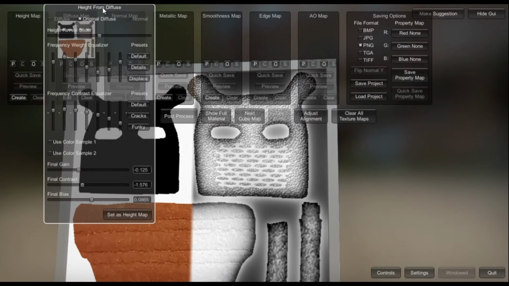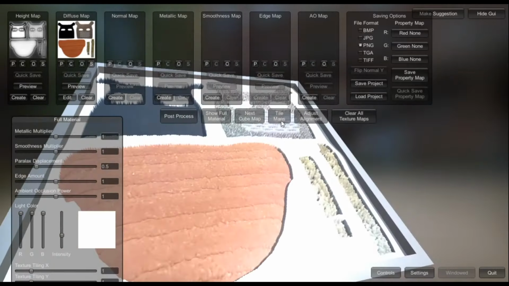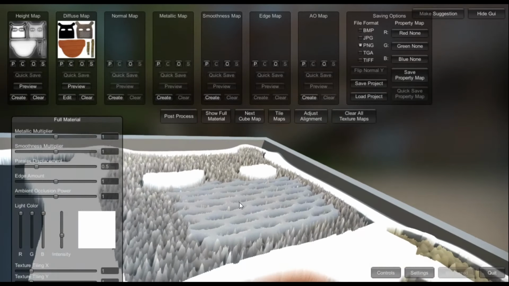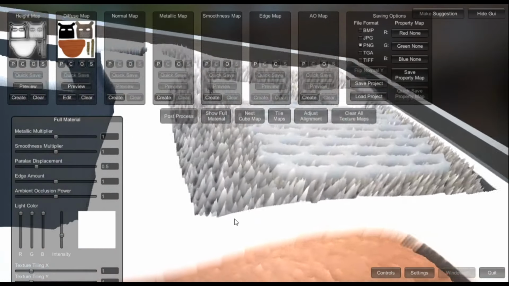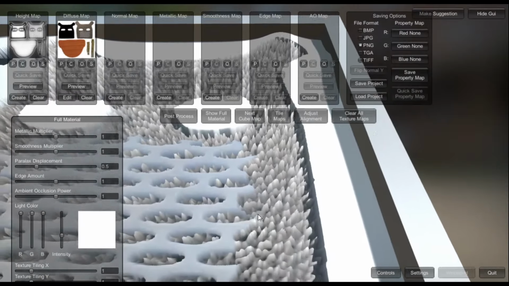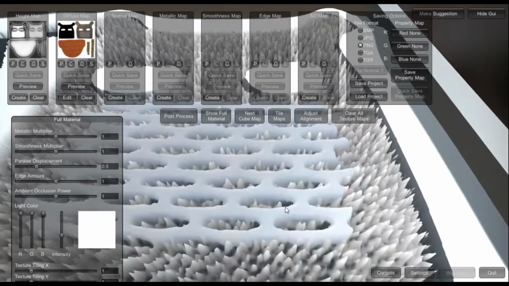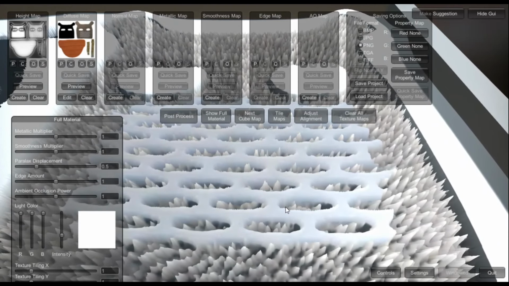So now that we did that, we're going to set this height map. Show full material. That is not smooth at all. It's alright though, we can smooth it out. We can kind of blur it a little bit after we're done. So now that we have the height map like that, let's